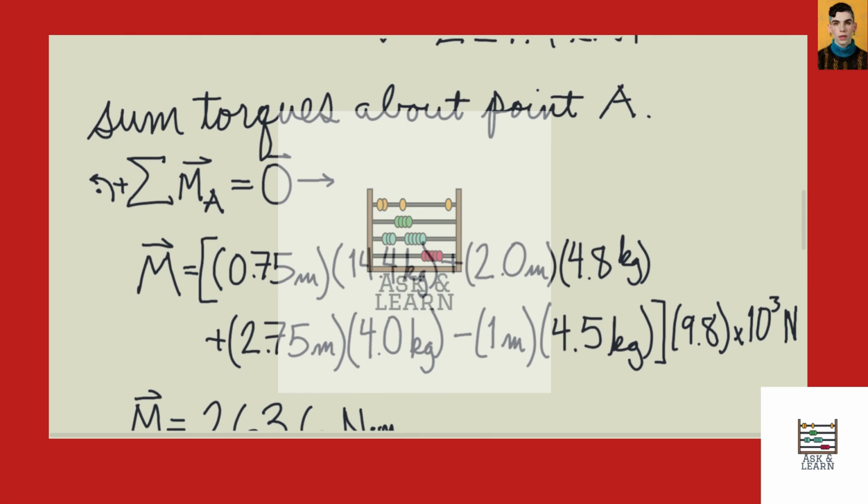And then we have this entire quantity we're going to multiply by the acceleration due to gravity, and this volume density of water, which gives us,